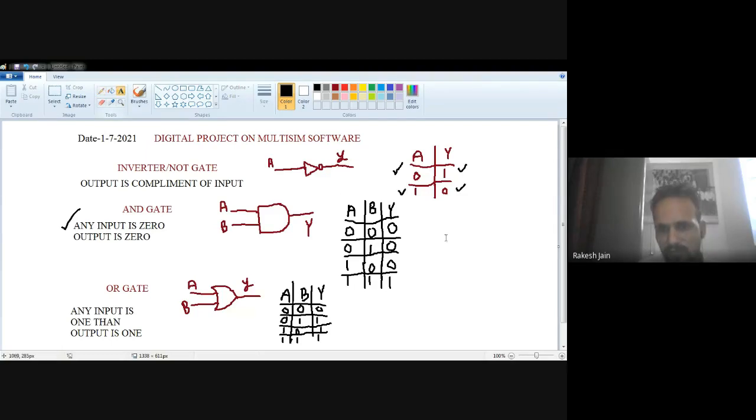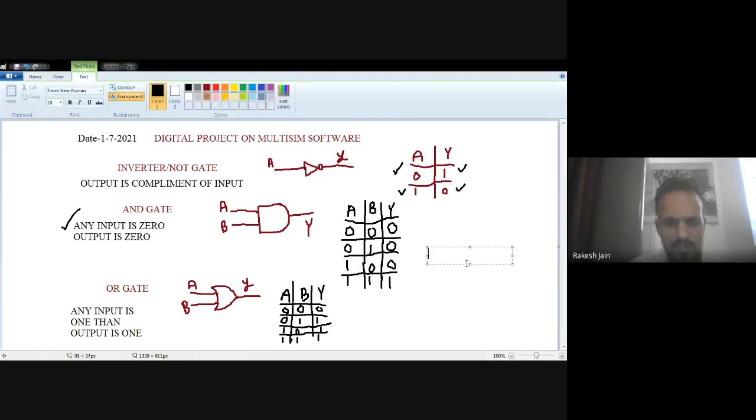One more IC which we will use in our project now is the XOR gate. When we go to the market and suppose I want to purchase an AND gate, what should I ask for? The AND gate IC is 7408. I will tell you later on. When you purchase the 7408 IC and use it in your circuitry, it will automatically work as an AND gate.